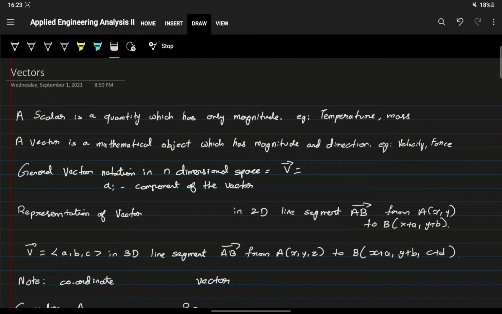In this video, we are going to discuss vectors. A scalar is a quantity which has only magnitude. Example, temperature, mass. A vector is a mathematical object which has magnitude and direction. Examples, velocity and force. The general vector notation in an n-dimensional space is given by